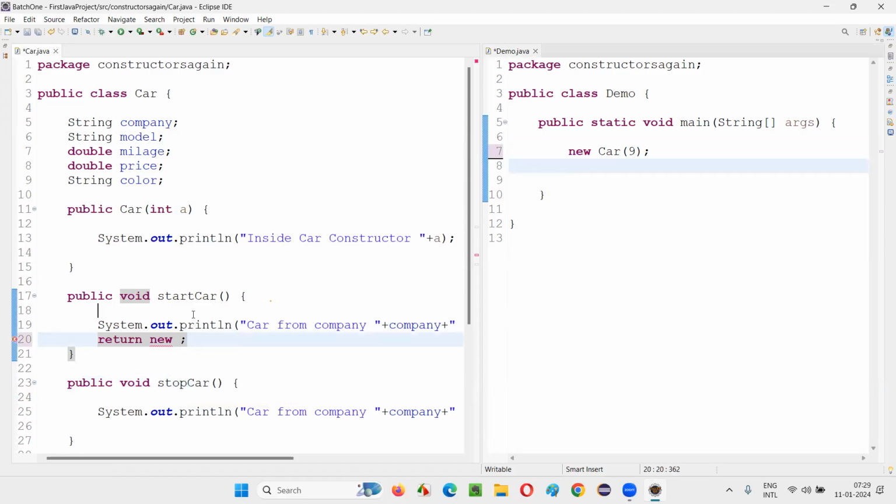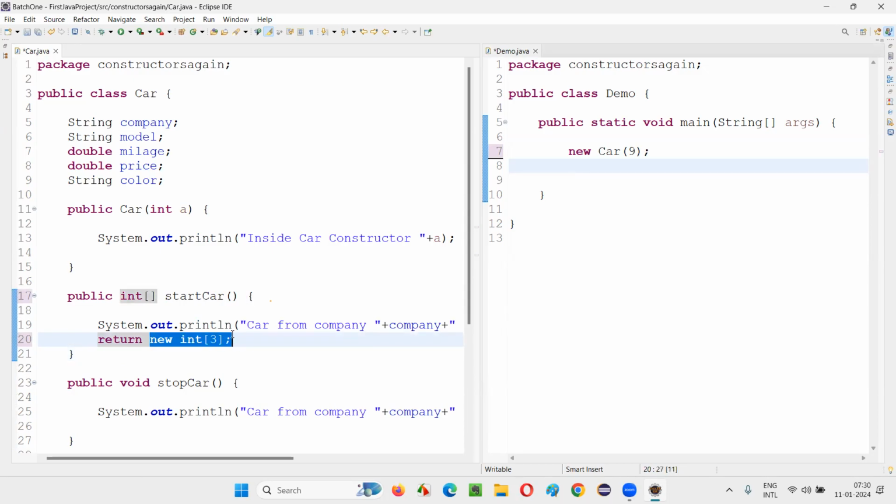Why? Because here you have to create an integer array. Integer array is equal to, for example, 3, 1, 2. Let's say, like this array. Now I am returning. So here you want to create an object, you mean to say? Okay, fine, got it. So new integer array, int array.